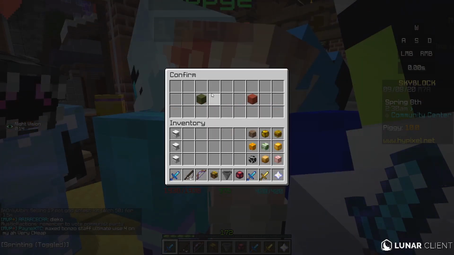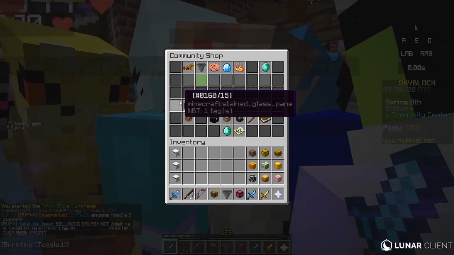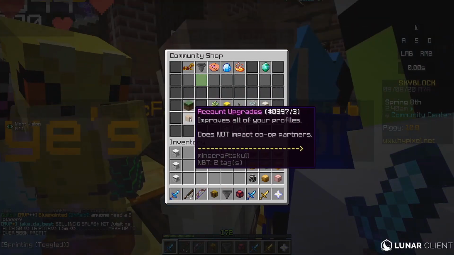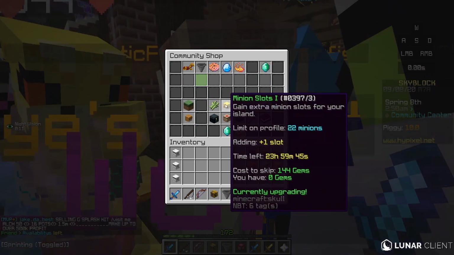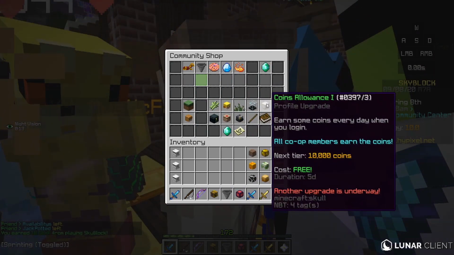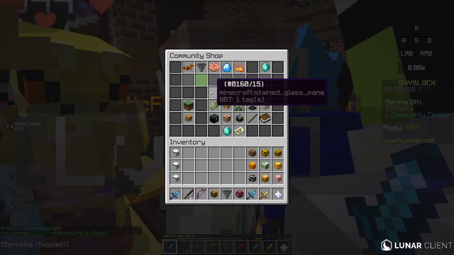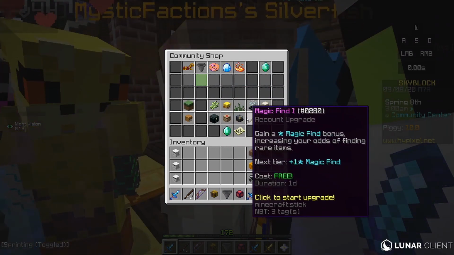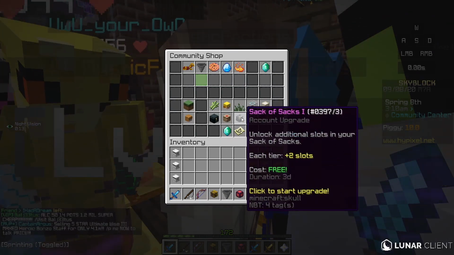I'm actually going to pick the minion slot upgrade right now because I feel that's the most important. You can have 1 profile upgrade and 1 account upgrade happening at the same time. So because I just triggered this minion slot upgrade, these 4 are unupgradable currently. If you look, it says another upgrade is underway. However, these 5, I can pick one of these 5 and upgrade this as well. So I think I'm going to pick...